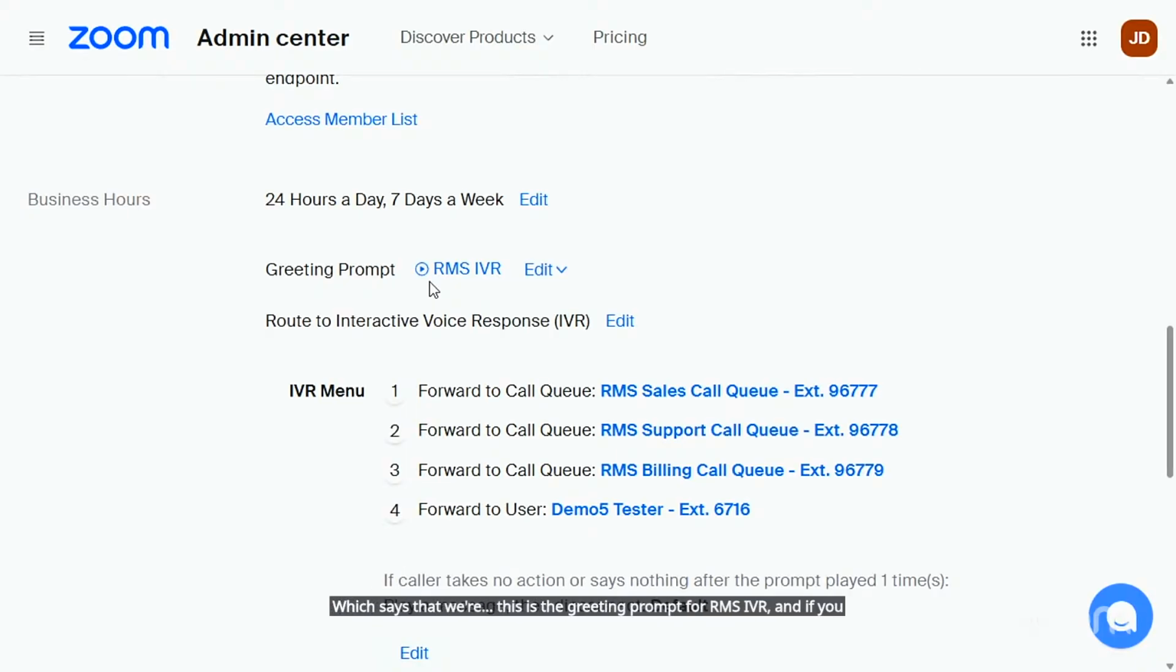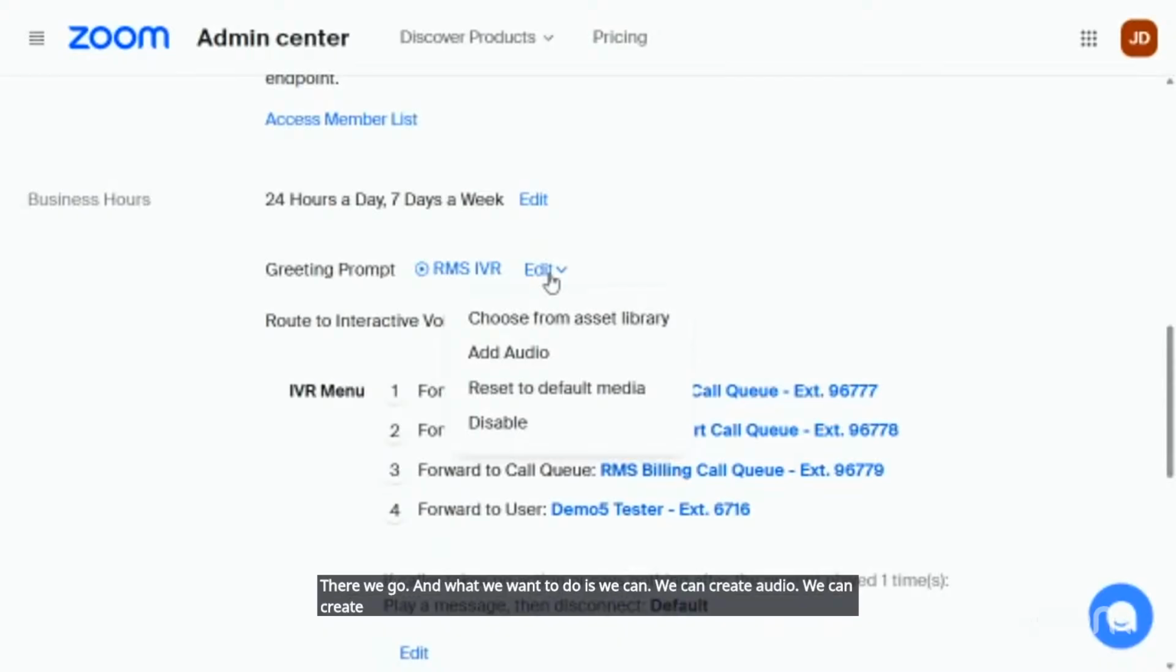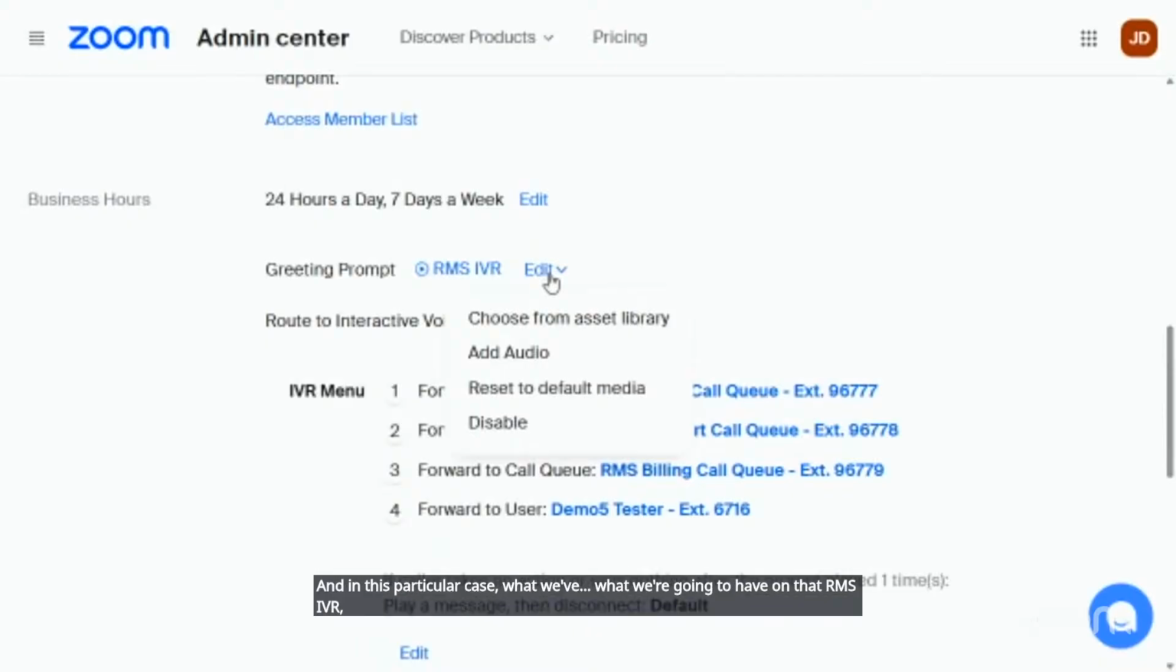And if you click edit, can you click the button to the right that says edit? There we go. And what we can do is create audio. We can create a text to speech, whatever it is. And in this particular case, what we're going to have on that RMS IVR, if you click that to the left,